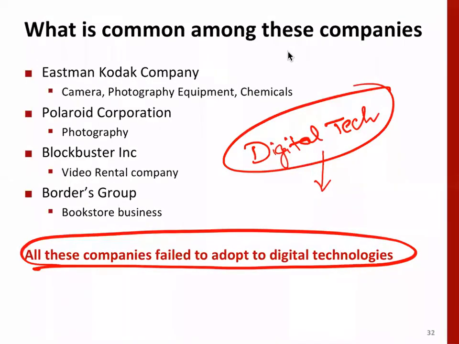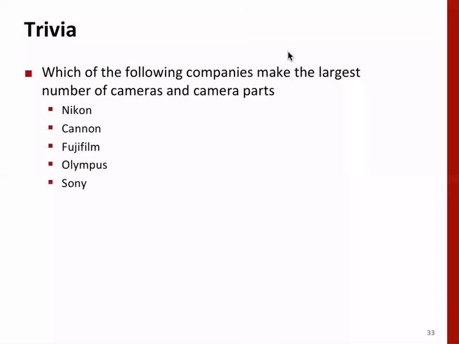See, photography is one example. The way the photography market has changed is tremendous, right? All the old-style companies, if they have not adopted digital technologies, they are all dead. My favorite camera is Nikon, and of course Canon is another good camera, and both have adopted digital technologies and could survive, but they are still not the largest manufacturer of cameras. Who is the largest manufacturer of cameras? Can you just name? Sony. Yeah. Why?